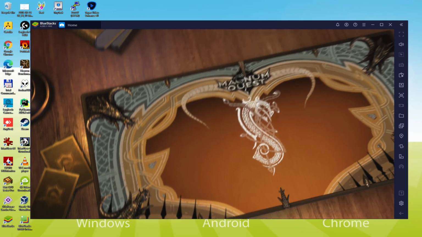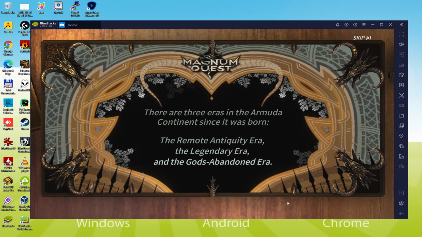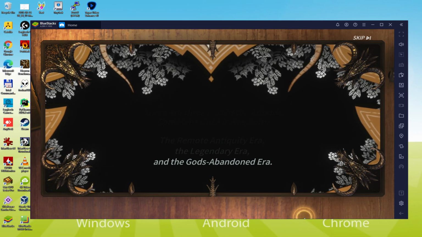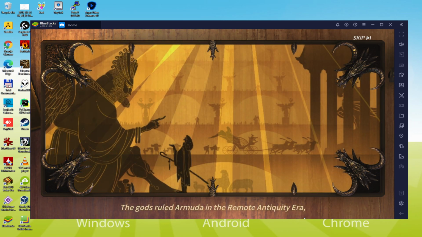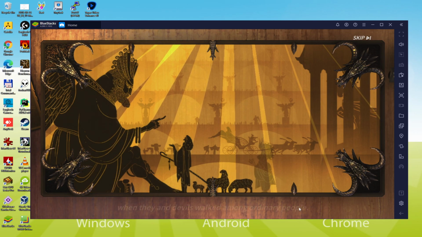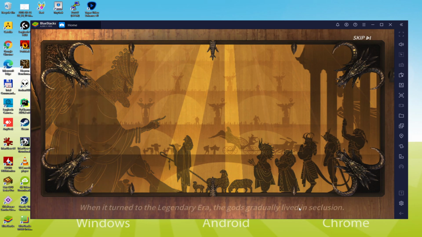Do you know what? We are on the way to discover how to play Magnum Quest on PC. Now you are able to display it on screen. It will be possible to efficiently download and install Magnum Quest so that we can enjoy your game on the Windows computer with keyboard, mouse and big screen. Then it's time to have fun. Let's get to it.